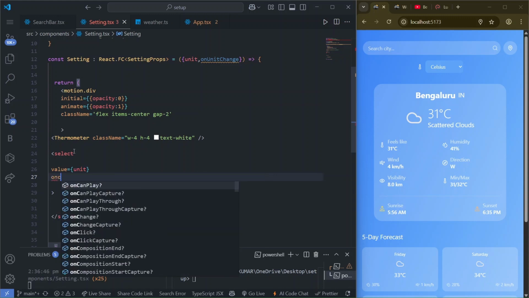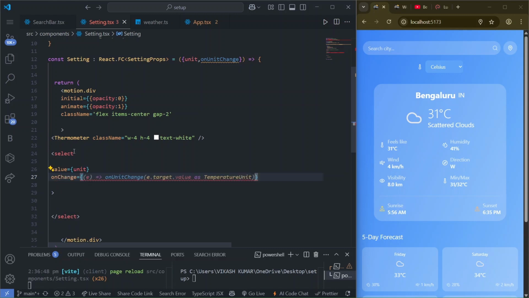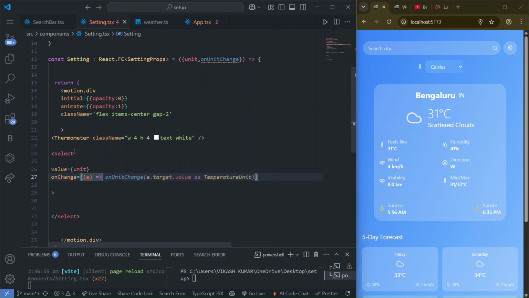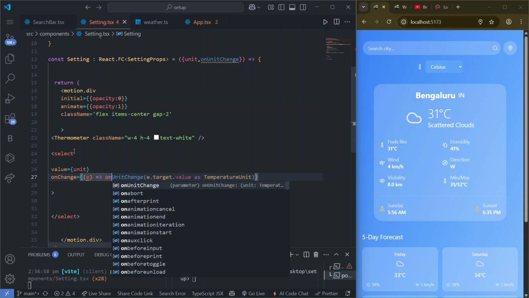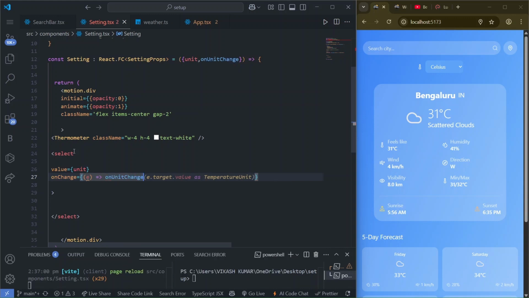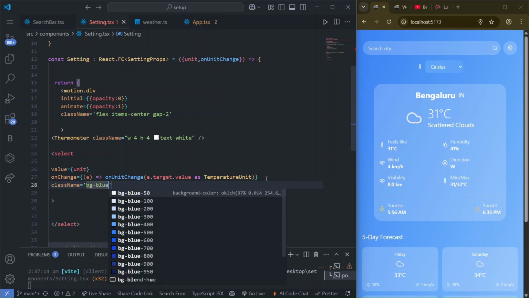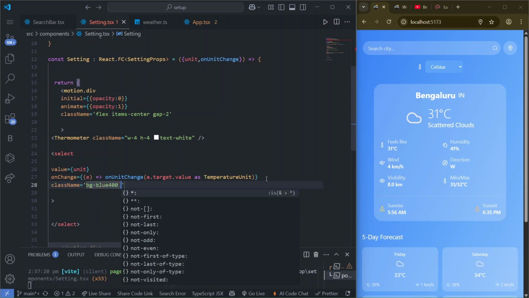onChange, so on change we have to pass an event, right? That is e, and then in this event onUnitChange, what we should do? We should change the target value as a temperature unit. It will change to Celsius and Fahrenheit only, not other value. So we have to write the className, and we can write the className bg-blue-400. Then